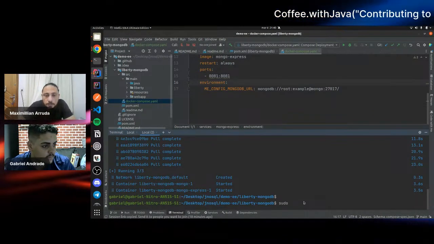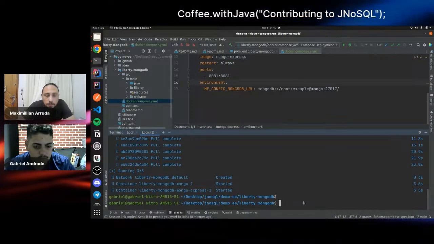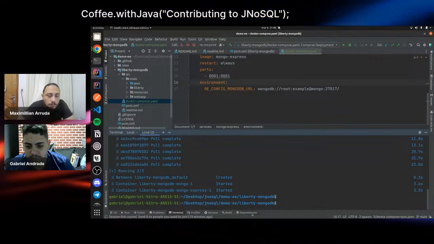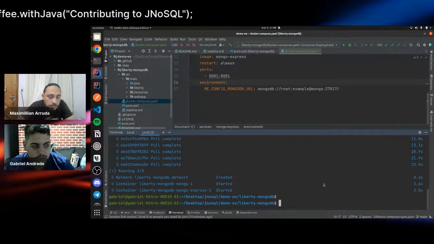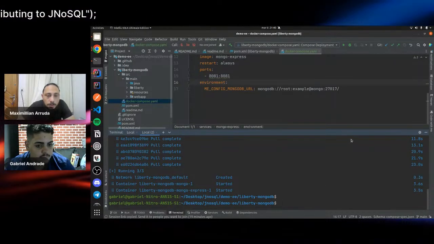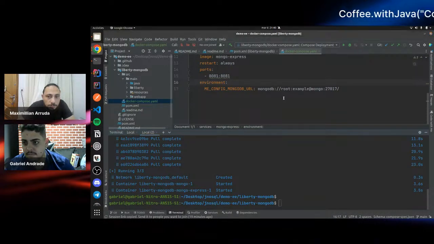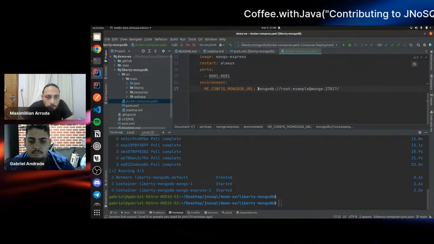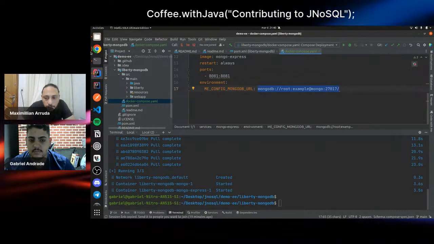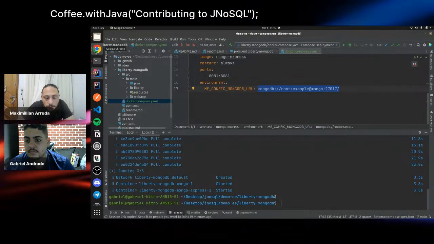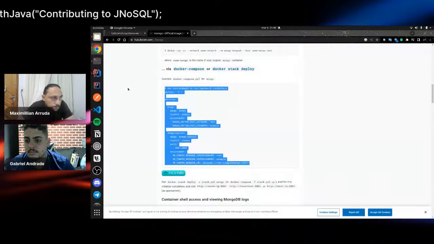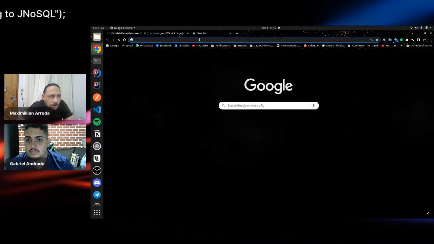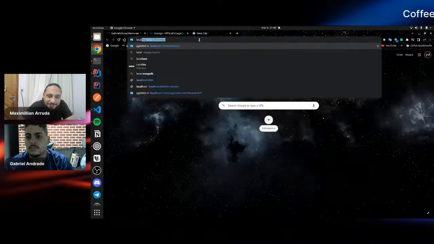Okay, good. What I suggest right now is to check it out: open a browser and check if everything is working. Open your browser and go to localhost.